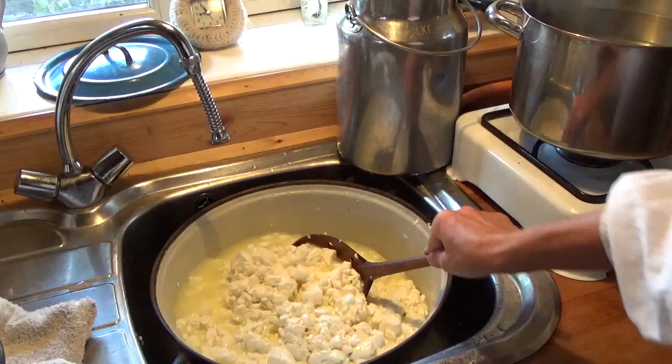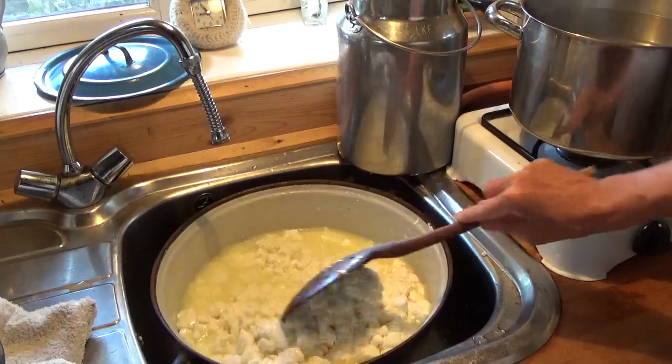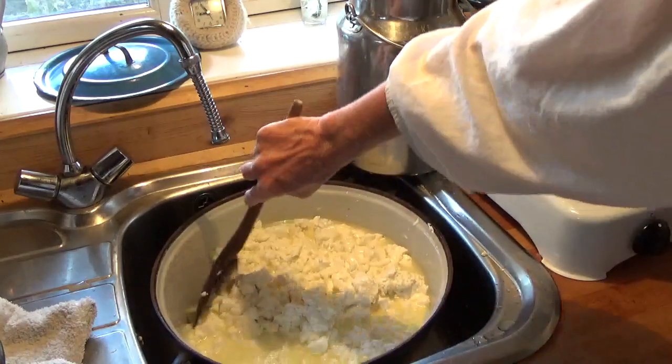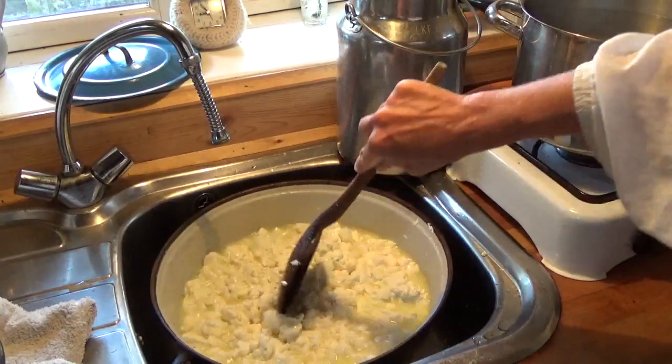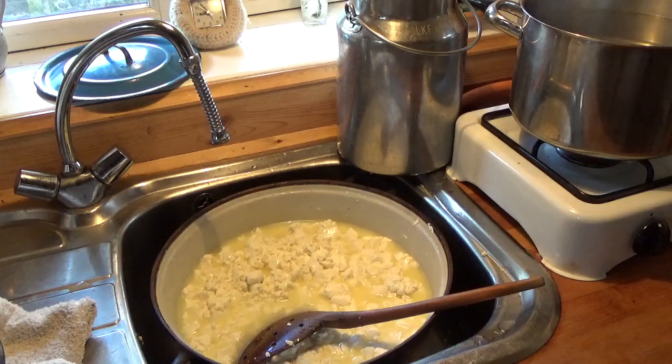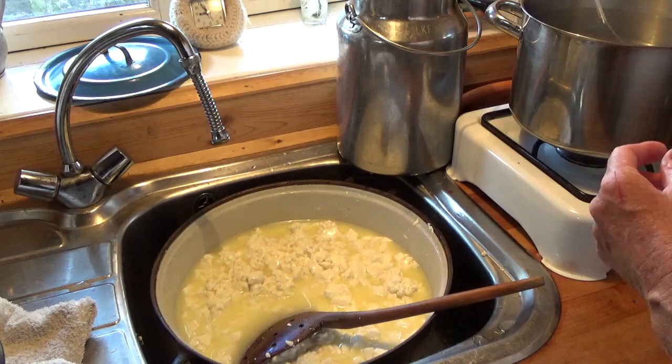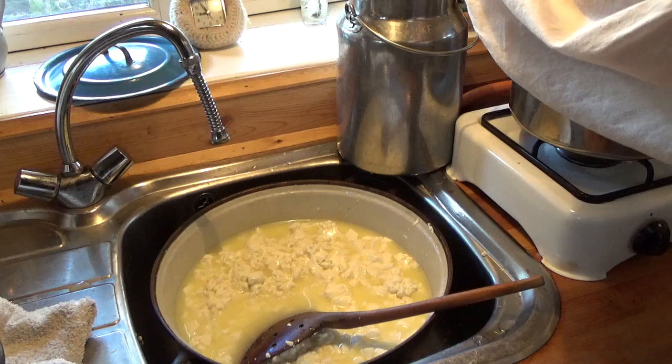So we can heat. I don't want to take away too much more whey because you don't want to just pour the very hot water onto the curds. That's a really bad idea. So I think I have to add some cold water to this. Mixing, I mean,